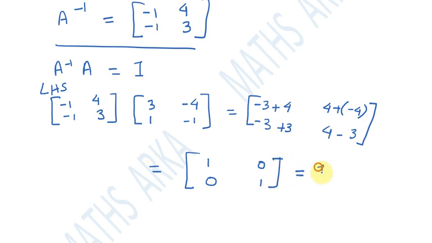So what do we get? This is I. So we have just verified that the A inverse we had to find is correct. This one is the correct answer. This is how we have verified it now. Okay, so I hope these things should be clear, and we have also just checked what all things we can do for multiplication. We have also revised that part, how we multiply the two matrices.